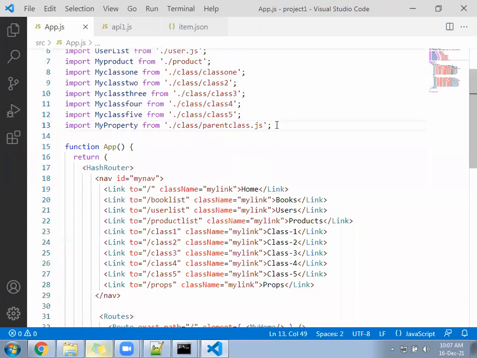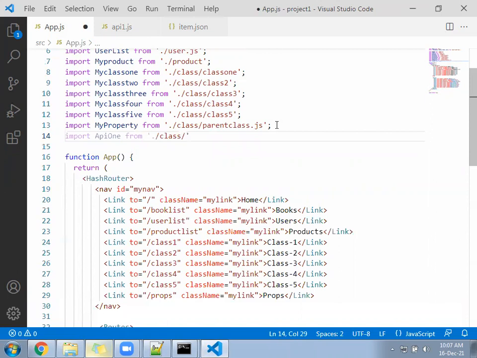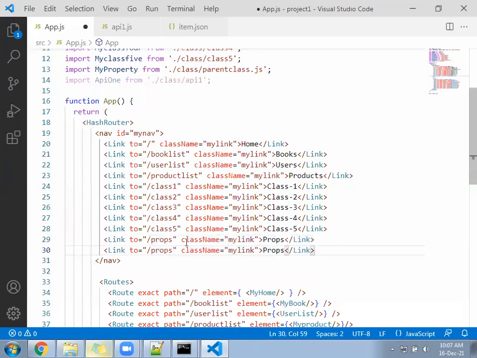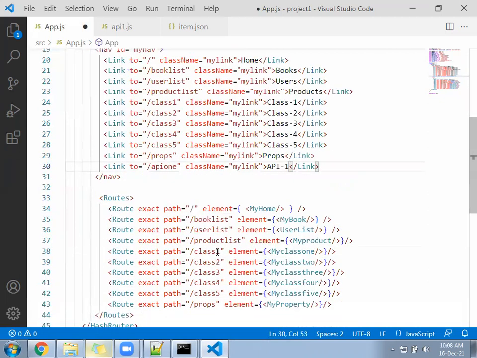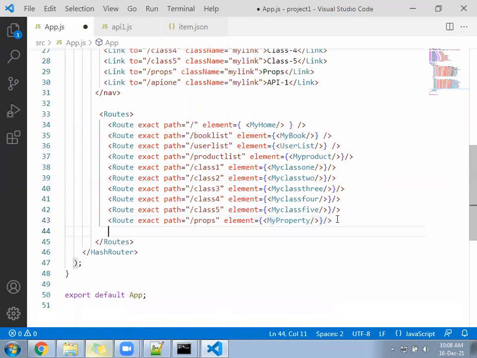Import API1 from class as API1. Give the path also, API1. Just load the component call.